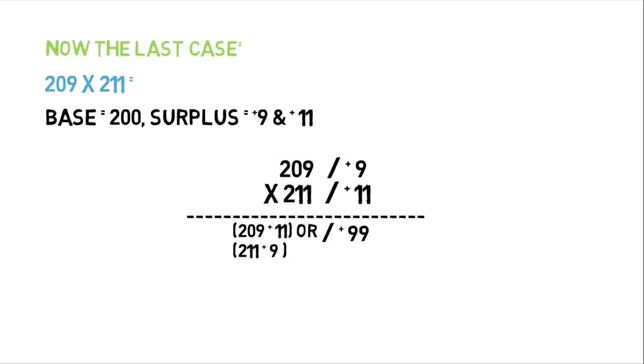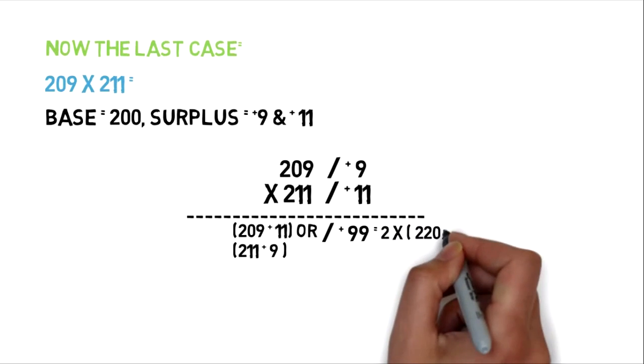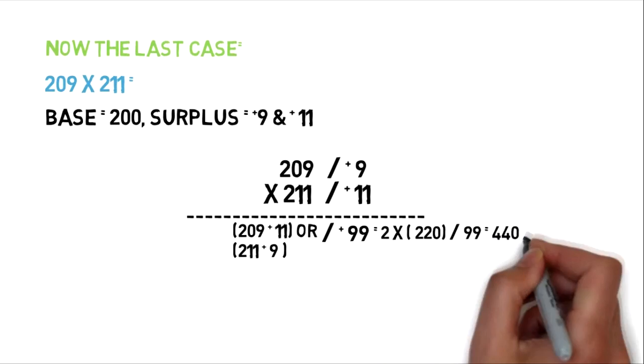So we will multiply the left hand side with 2, as 100 multiplied by 2 results in 200. So the left hand side stands out to be 220. So we will write 2 into 220 slash 99 is equal to 440 slash 99, or the answer would be